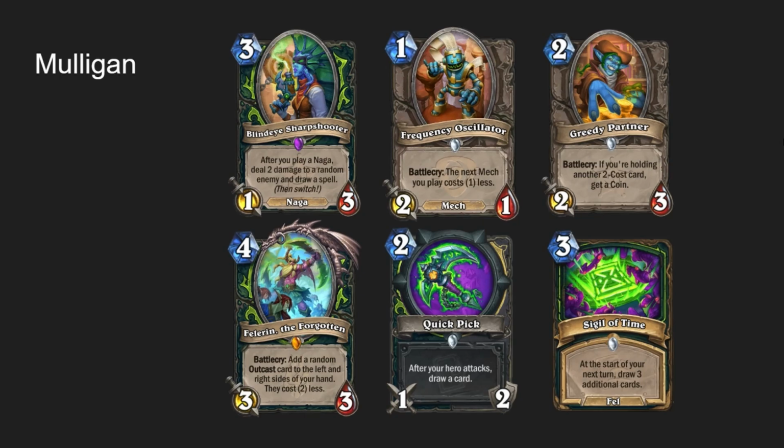Now that we understand the deck, let's talk about the mulligan. These are the 6 cards I've highlighted that you generally want to keep in your mulligan. First of all, Blindeye Sharpshooter is always a keep because you can't win without this card. I've also put the 2 setup cards, Frequency Oscillator and Greedy Partner, in this list because not only do they